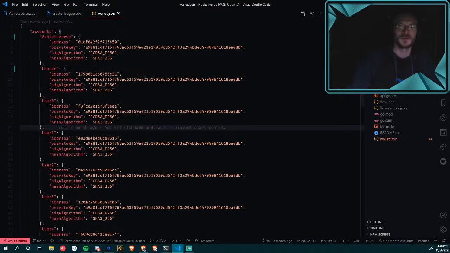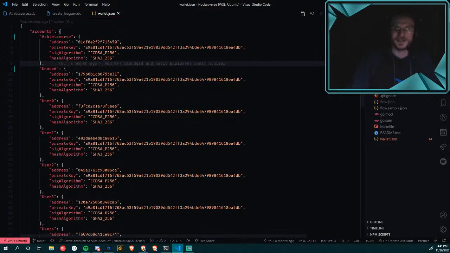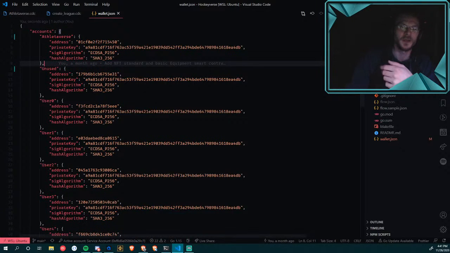If you were to use the VS Code extension and create new accounts, we're using the private keys from the VS Code extension. So if you're wondering why I'm happily hanging out with my private keys on the screen, these are everybody's private keys from the default VS Code extension emulator config. This makes it really nice and easy. When I start the emulator, because we're using the private keys that VS Code recognizes, all the syntax highlighting works nicely once we've deployed our contracts,